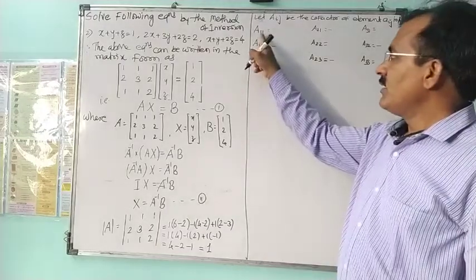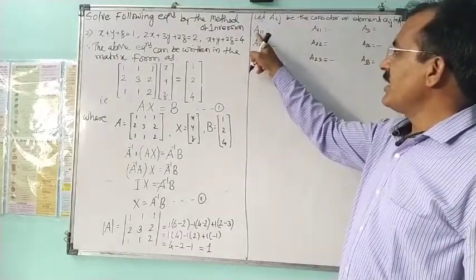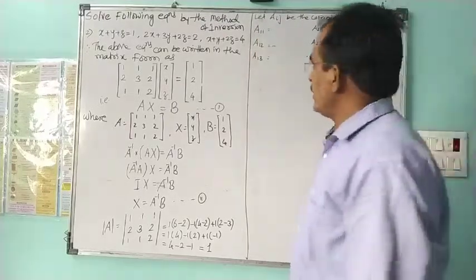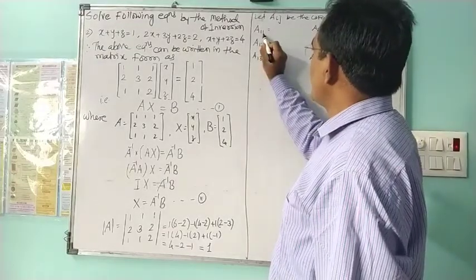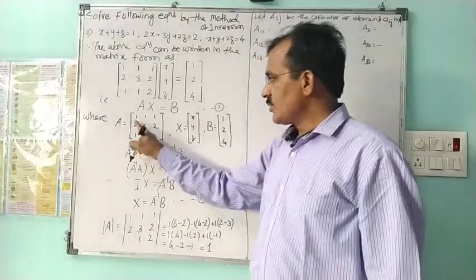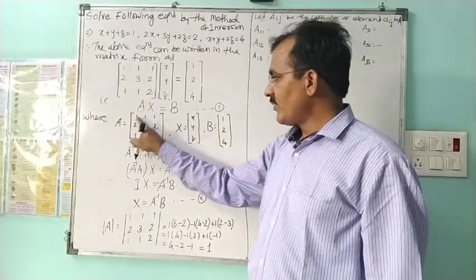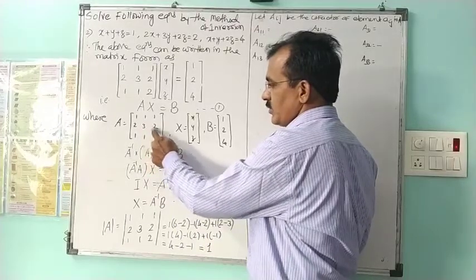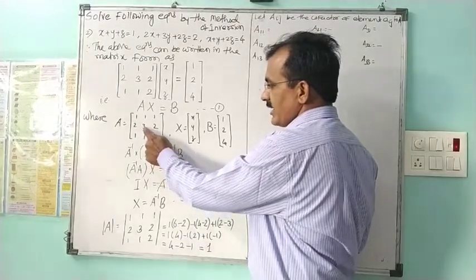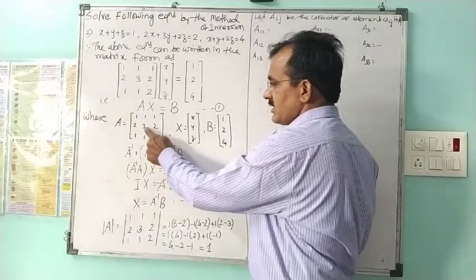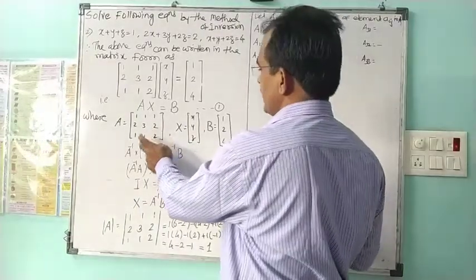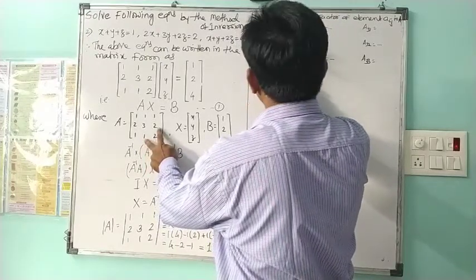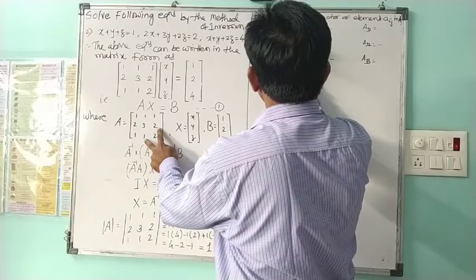So we will have the cross of the remaining elements. A11 is a cofactor by eliminating the first row and first column from the matrix A. So eliminate the first row and first column, we will have the remaining 4 elements, that is 3 2 1 2. Their cross will be like this: 3 into 2, that is 6, and 1 into 2, that is 2. So the difference is 4.